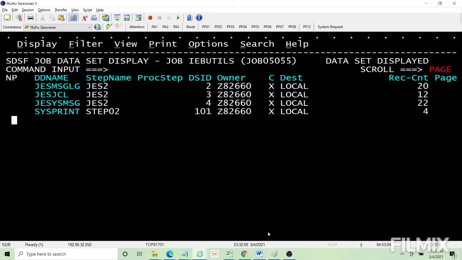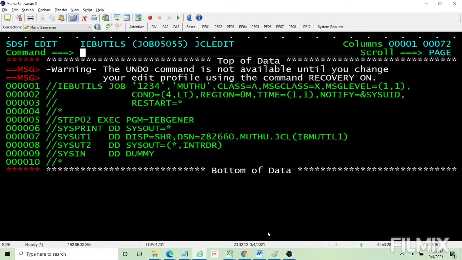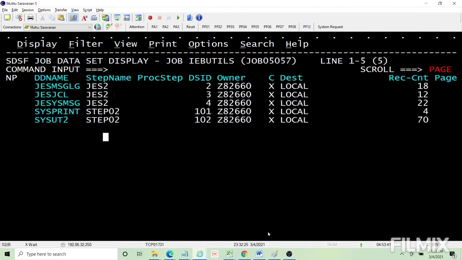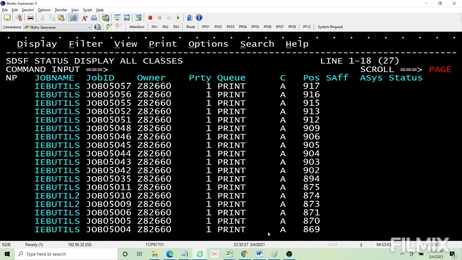Generally you will see sysout here, right? If I coded SYSOUT equal to star without the program, it will be in a sysout. It won't get submitted. But since I coded INTRDR, it's getting submitted. See here, it is in SYSUT2. In this example, that is submitted here and it is getting processed.